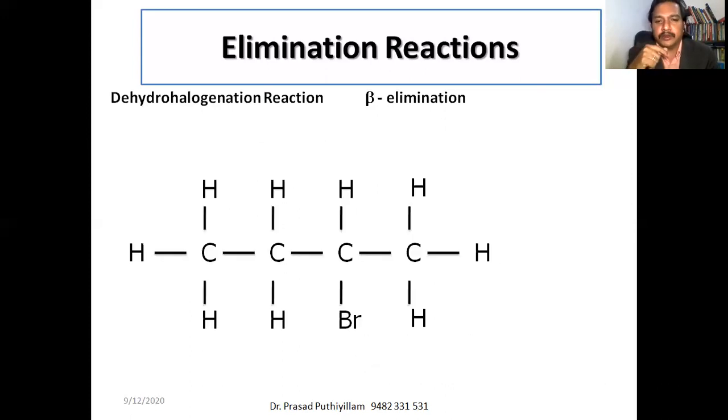So I took the same molecule, and we know that the C-Br bond is a polar bond. Okay, due to the presence of bromine atom, bromine is highly electronegative, and it has got electron pulling. It will pull the electron from the carbon atom, from the carbon towards the bromine, its atomic orbital. Therefore, we can say that carbon is having a partial positive charge. Bromine will get a partial negative charge,